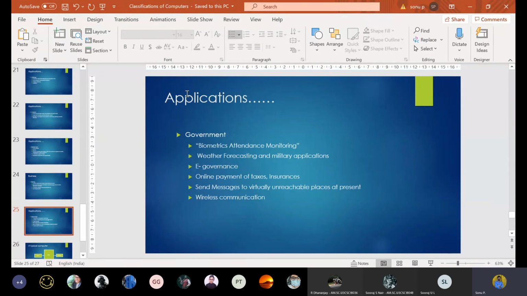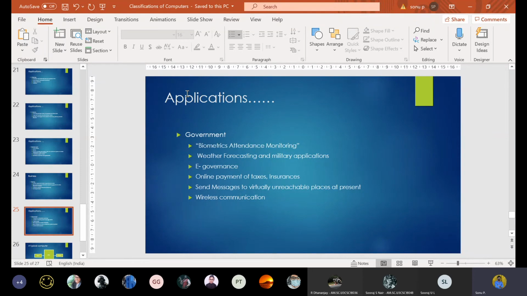And e-governance: you cannot go to an office and apply for a document, it will be difficult at this time. So you can have e-governance sites and apply through them, using some Akshaya centers or directly from home.